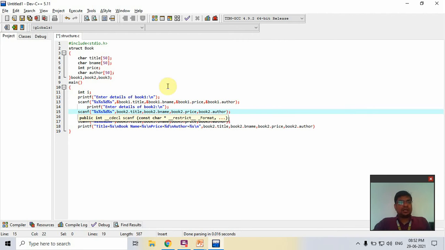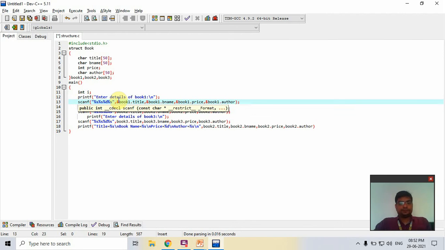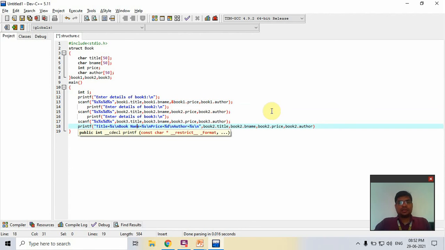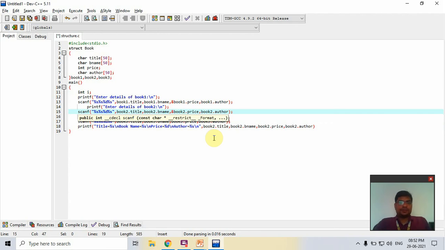But in a string I don't use the address of. Only with an integer we use address of, but for a string I don't use it. So only for price is the address of used.